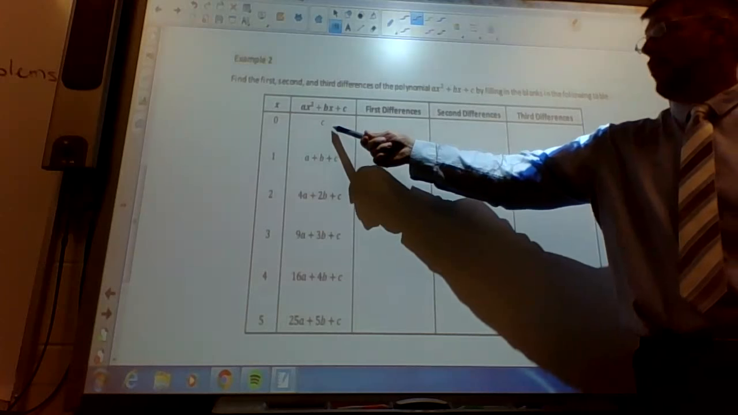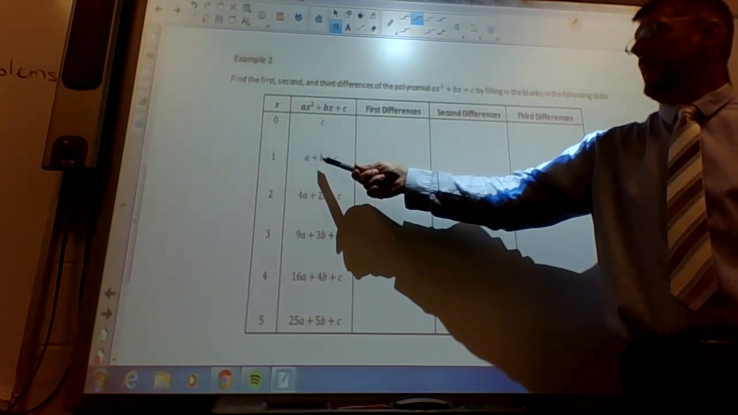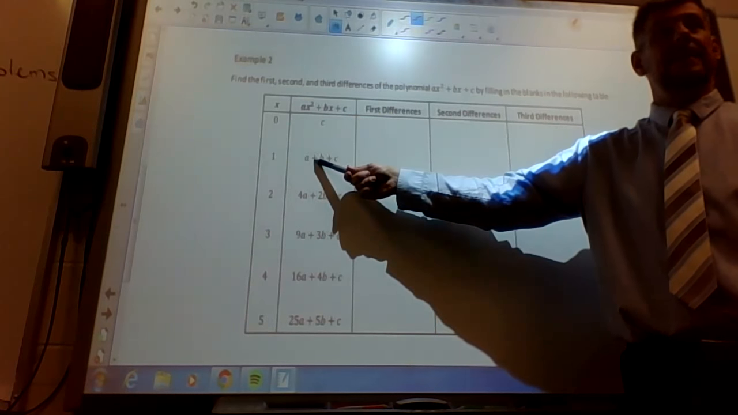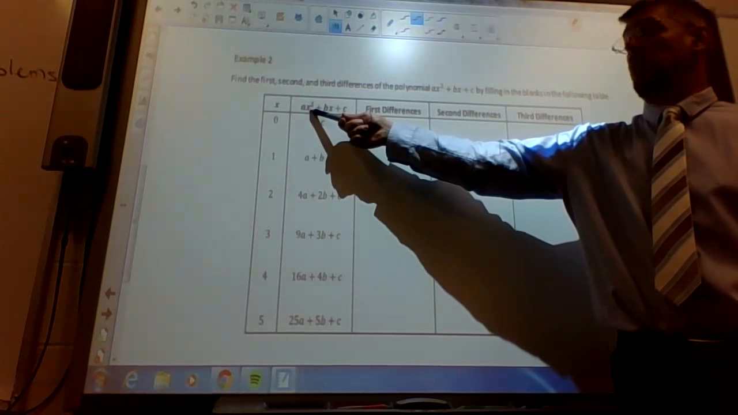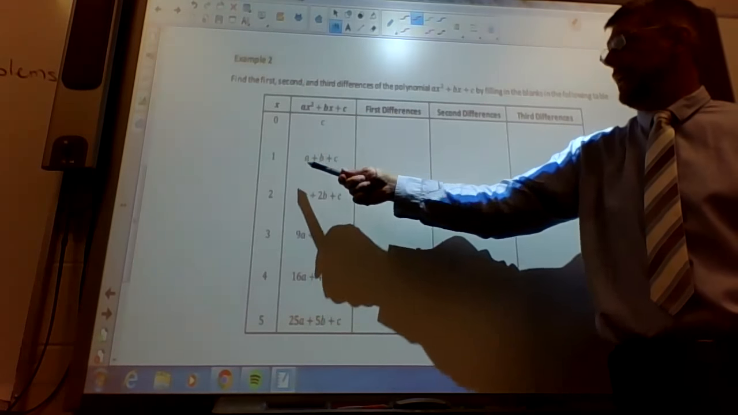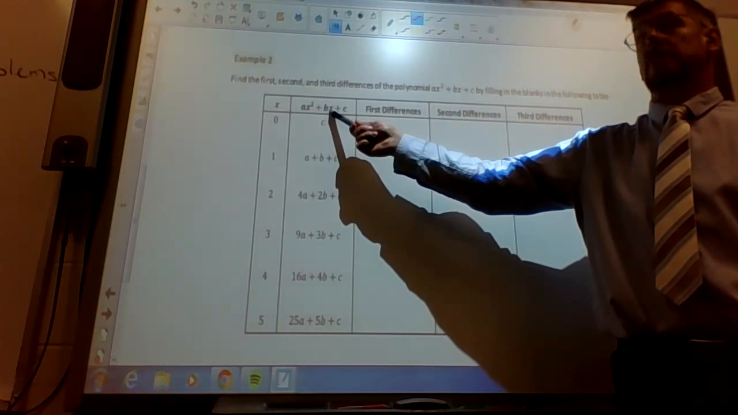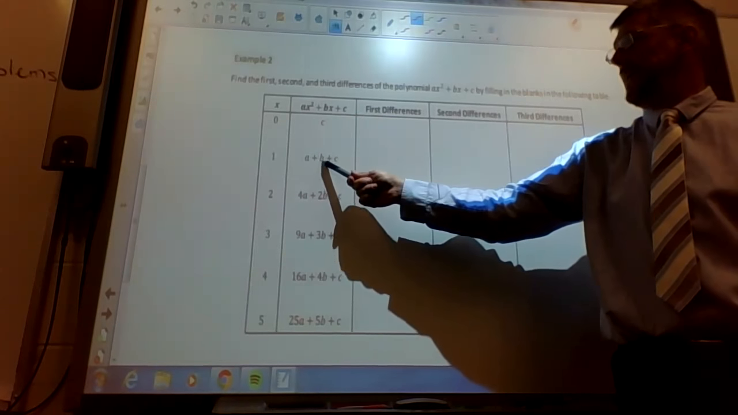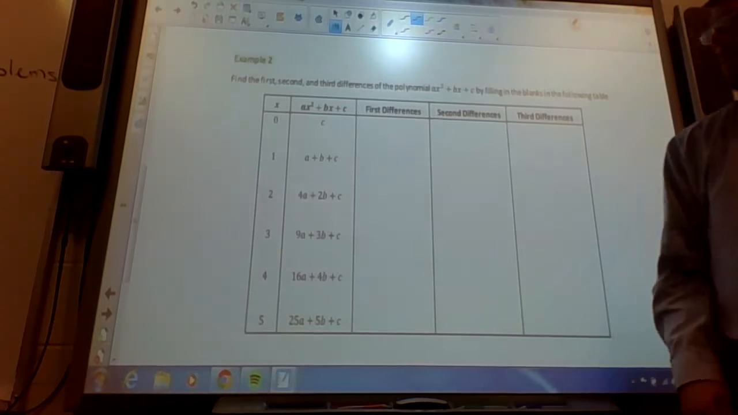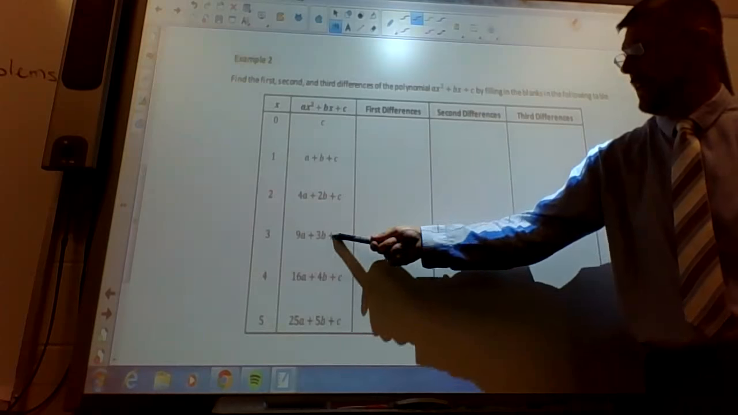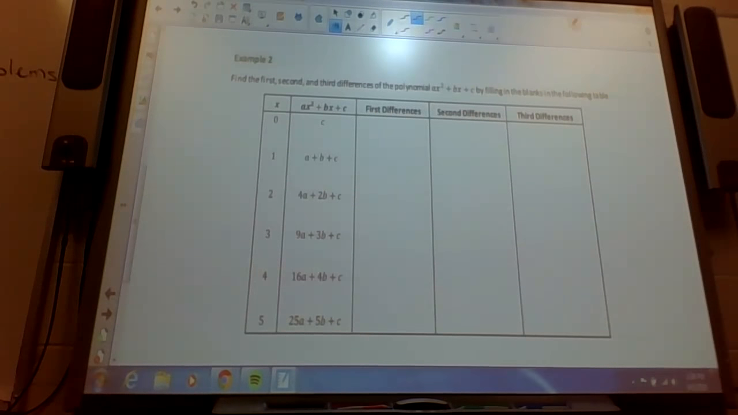Yes, and they got that for you here, right? When x is 1, 1 squared is 1 times a is a. 1 times b, I get b and then c. Same thing here, here, here, and here. So all we have to do is